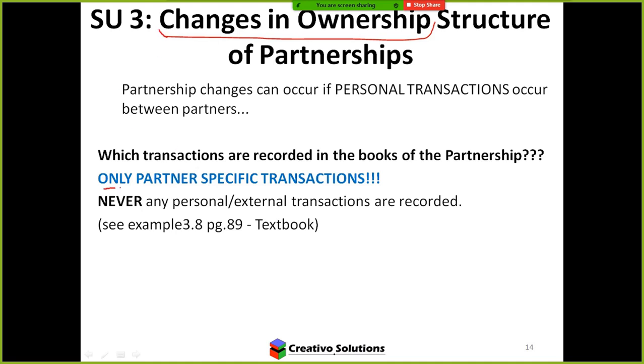NB. We spoke about partner-specific transactions. What are partner-specific transactions? Do you remember? Not really. Okay, something that only relates to one individual partner. So in other words, don't ever consider personal transactions. Okay. So in other words, when looking at transactions being recorded in the partnership, when we looked at the statement of changes in equity,